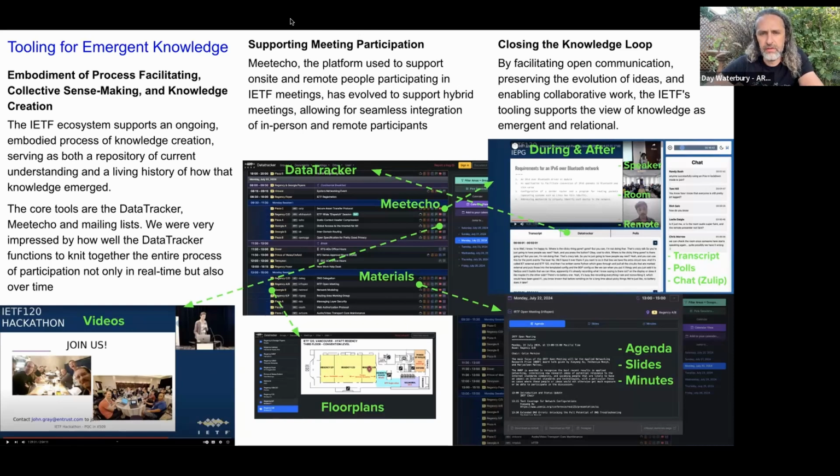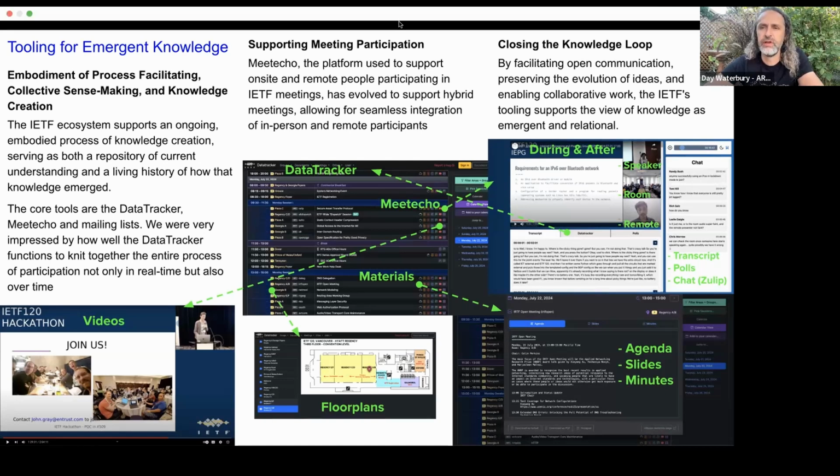And then all of that, if you were to zoom in, you see the little colored icons next to every line item in this data tracker slide, going to all of the different resources for every single meeting that's happening there. So every single one is going to have slides, recordings, and the remote engagement interface that you would go to if you were not able to be there physically. And then that entire remote interface ends up getting recorded so that you can see essentially a virtual version of how it all went down with